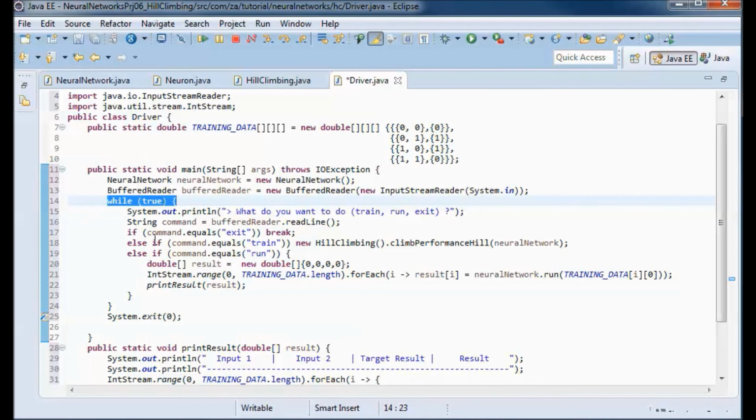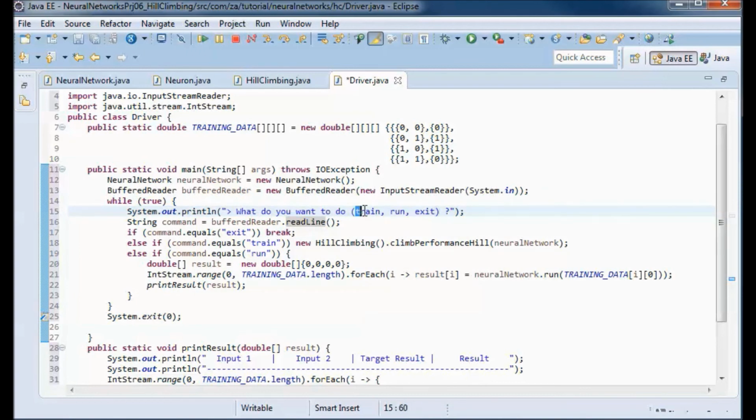The only way to exit that loop is if the user enters exit. So we go here and we do system.exit. So I'm reading what the user enters here and prompting him here.